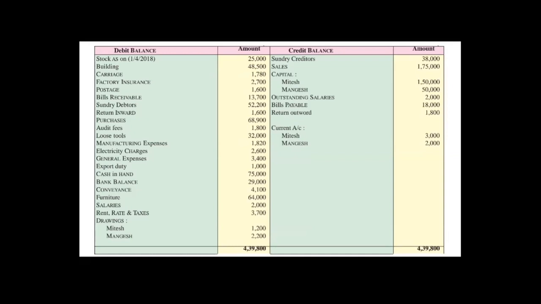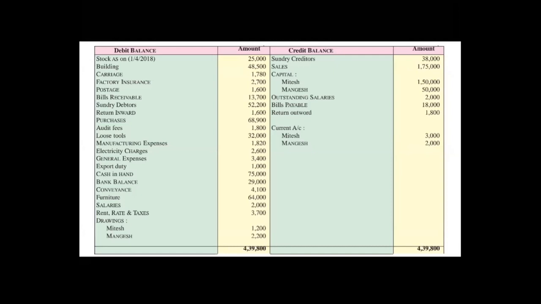So if there is a current account mentioned in the trial balance, it means you have to prepare partner's current account in place of partner's capital account. Whatever amount is there in the capital, we will directly write that amount on the liability side of the balance sheet, so that the time which might be wasted in preparing one more account can be saved. That's why we don't prepare a partner's capital account separately. We directly mention that amount in the liabilities. And how you will record that, we will learn when I explain the problem.